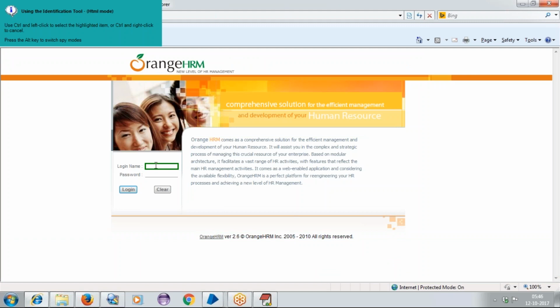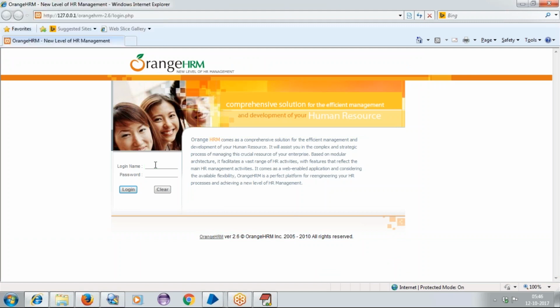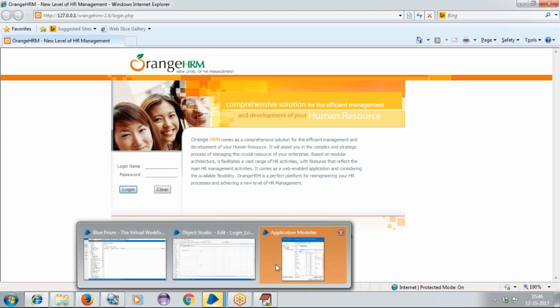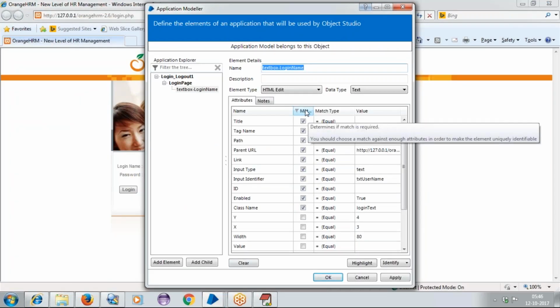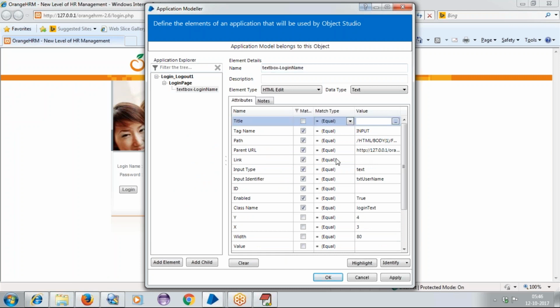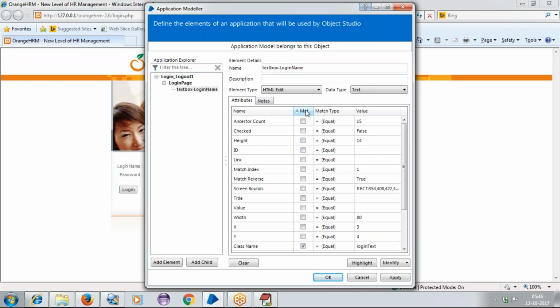Now from the keyboard, we need to press Control and left click. I'll do Control left click. Okay, fine. It has been taken here. Now again, I'll click on match here. Now we can see I'm ignoring these empty ones. I'm unchecking this, and this also I'm unchecking. Fine. Now we have tag name, path, input, and everything here.